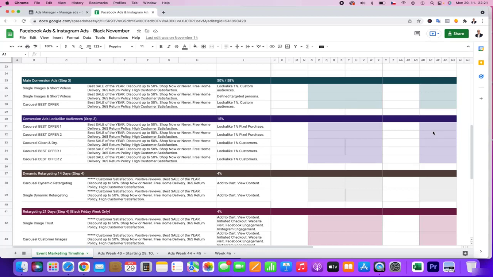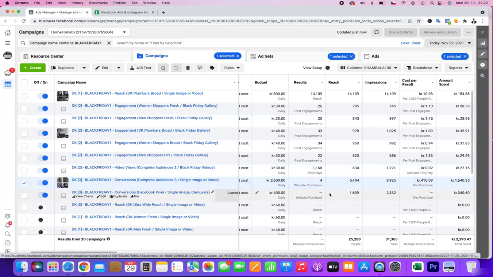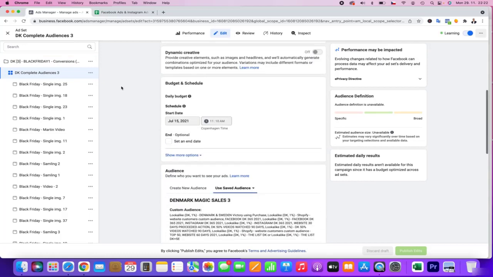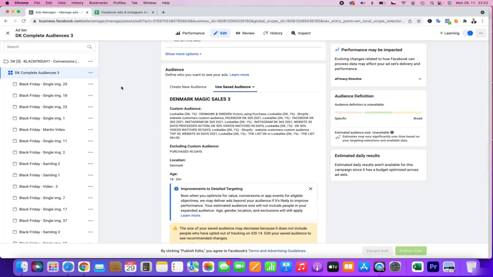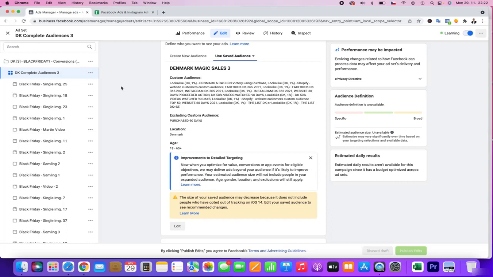So this retargeting is basically mixed, so Facebook can both retarget as well as reach out to new people. And also we have the lookalike 1% pixel purchase. I have basically stopped the lookalike customers. It was not doing so well, but the main key campaign I can see as the most powerful was this campaign, really using all the powers of lookalike, all the powers of custom audiences, even actions like view content, add to cart, started checkout, and also the customer list information and feed from Shopify, and the power of improvements to data targeting thanks to correct setup of these aggregated events. I think this is really key.